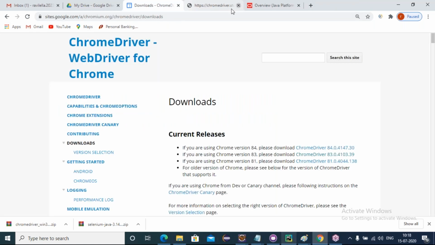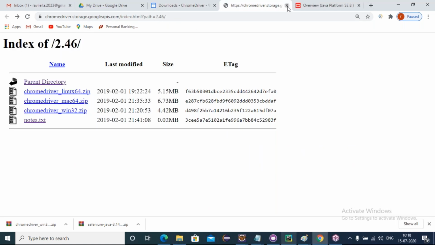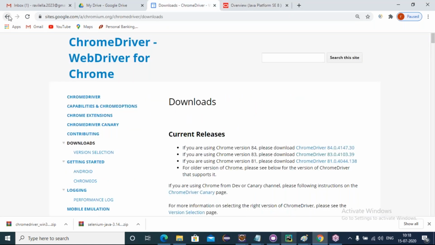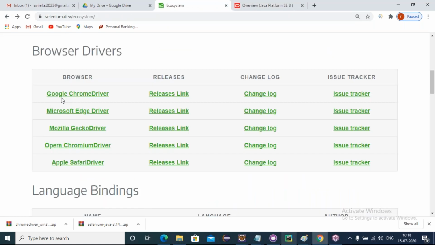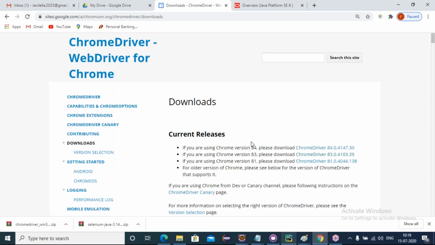I want to execute in Firefox as well. Let's come back. Yes, Chrome I downloaded, friends, and also we can see on the right side the Chrome driver change logs. So we can see so many Chrome versions are there. Version to version, the drivers are developed. What the changes, what the deprecations, what the fixes, what the additions, everything can be seen. Version to version driver change logs we can see by clicking on that.